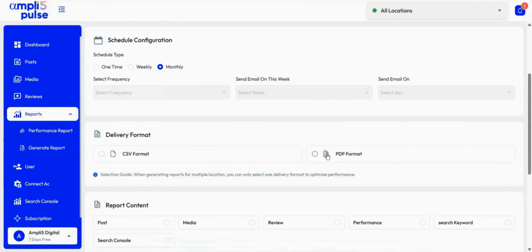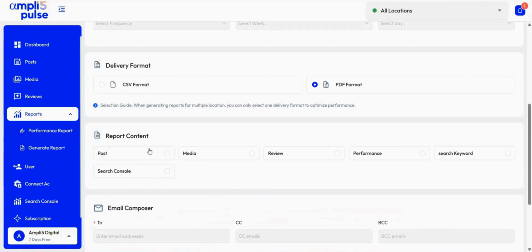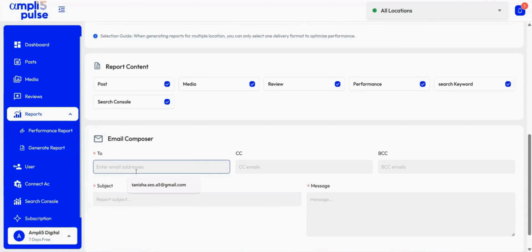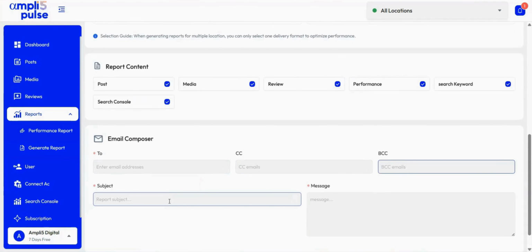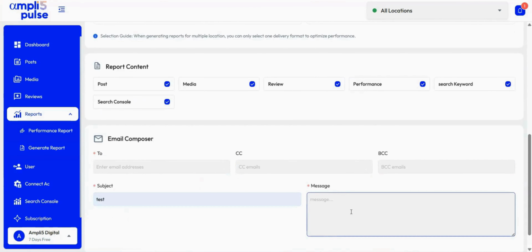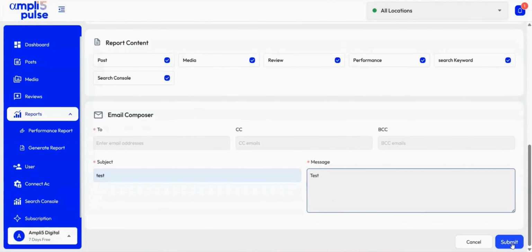Select its format PDF or CSV, what content you want in your report, your email address, CC, BCC, subject, and your message. And then submit. You will get your report automatically every month, every week on your mail, without going manually doing it again and again.